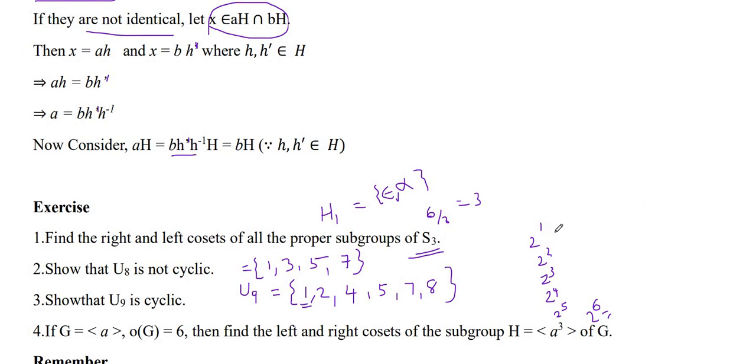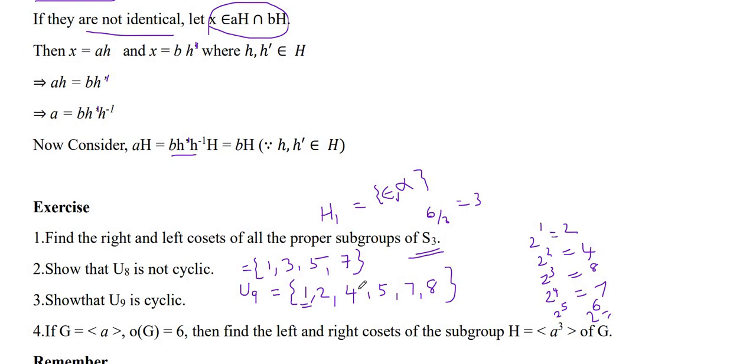So in this case you have 2 power 1 to be 2, 2 square 4 present, and 2 cube is 4 into 2, 8, is present. So you have this, and 2 power 4, 2 into 2 cube, so you have 16, which on division by 9 will leave the remainder 7. And this one, 7 into 2, you have, so that means 14, on division by